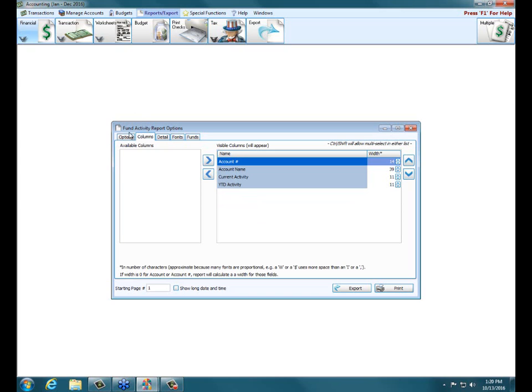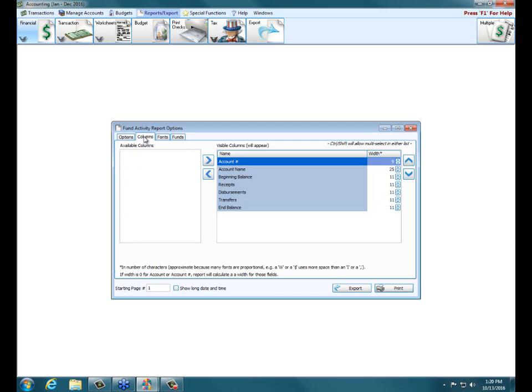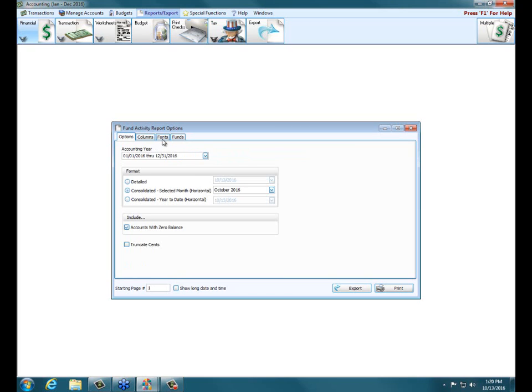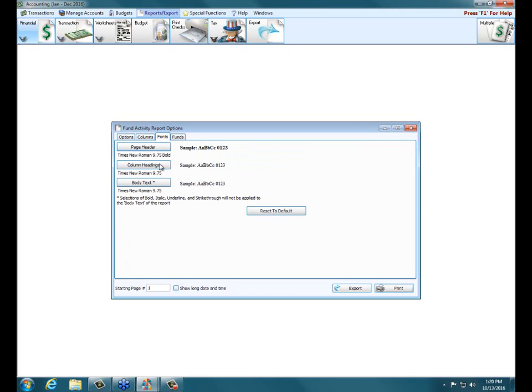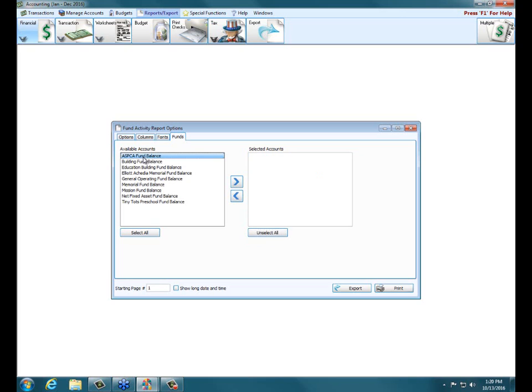Columns. The columns will change based on whether I choose consolidated or detailed. Notice with consolidated, I have some different columns available. Fonts works the same as the other two reports. Something a little different here, though, we have a Funds tab. If you only want to see a specific fund or a different mix of funds, we could unselect all, and